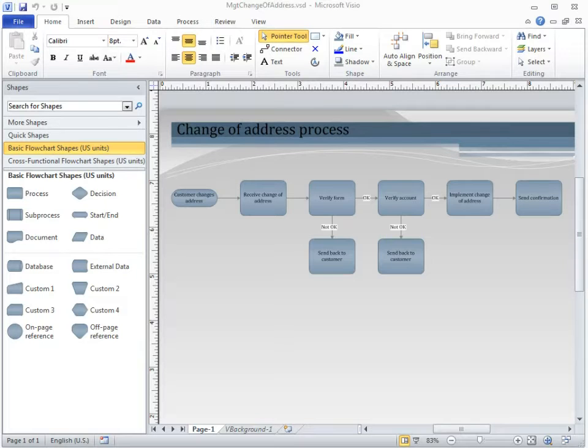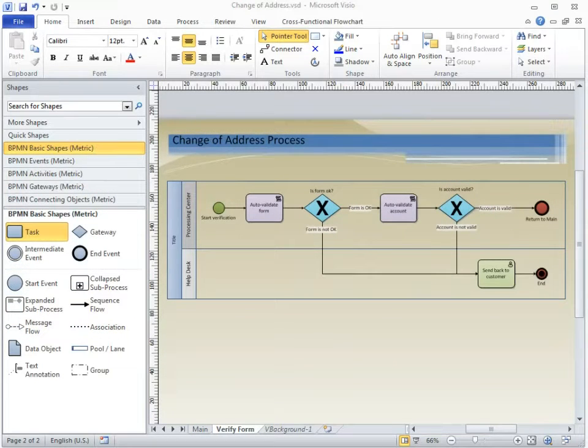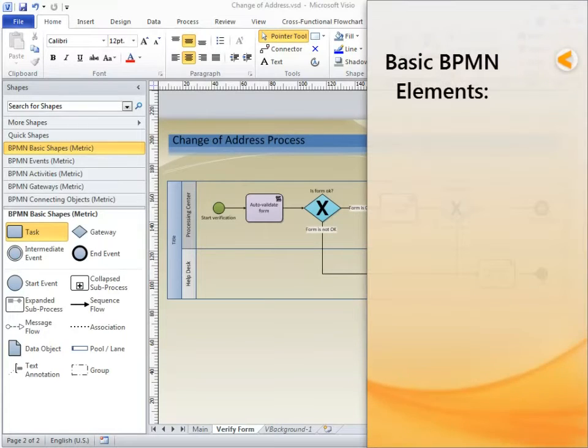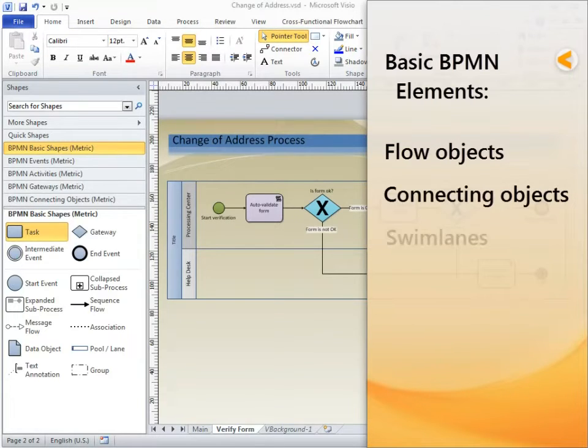The foundational principles behind BPMN help you create clear diagrams with a minimum of clutter, while including as much complex information as you need. Here's an example, a change of address process at Prosware Inc. It looks fairly simple, but there's a lot of information here, and most of the basic BPMN elements are used. There really aren't that many basic elements in BPMN. In fact, there are 4: flow objects, connecting objects, swim lanes, and artifacts.